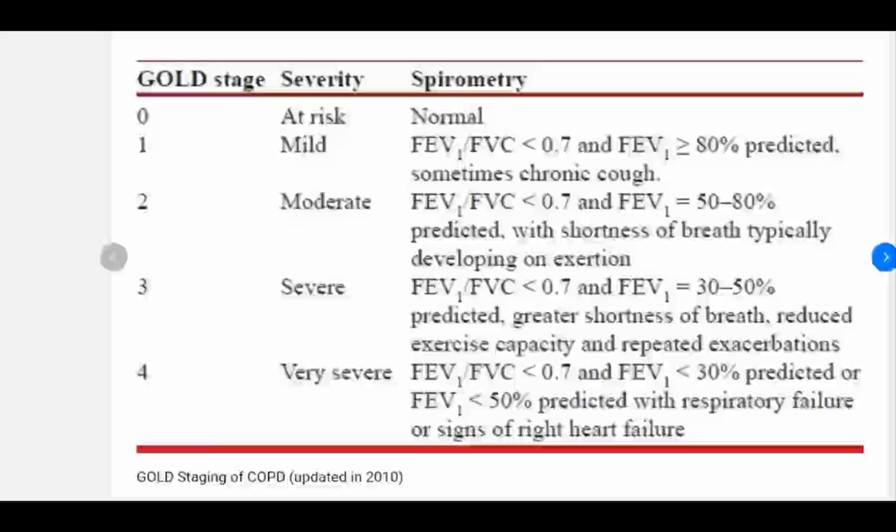तो हम कैसे याद करेंगे? ग्रेड 1 में क्या है? 80% से ज़्यादा। फिर ग्रेड 2 में क्या है? 50 to 80। देन ग्रेड 3 में क्या है? 30 to 50। देन ग्रेड 4 इज़ लेस देन 30, माइल्ड, मॉडरेट, सीवियर, वेरी सीवियर। 30, 50, 80, 30, 30 + 20, 50, 50 + 30, 80 एंड 80 + 20, 100। मीन्स पहले 30 का डिफरेंस है, फिर 20 का डिफरेंस है और फिर 30 का और फिर 20 ऐड करनी है, ठीक है।